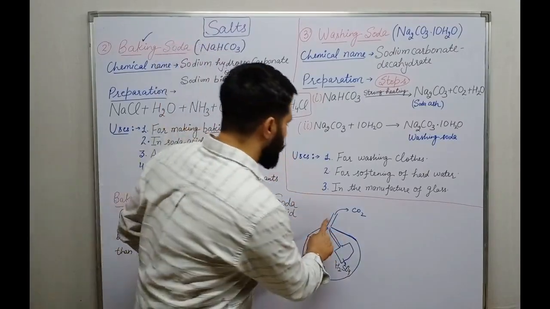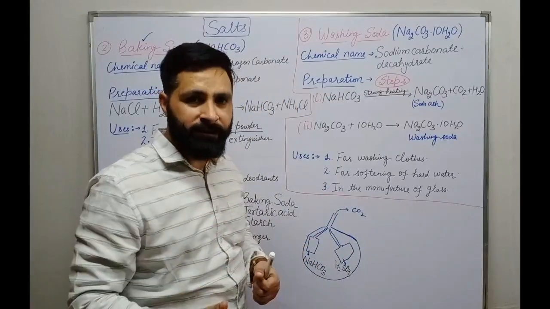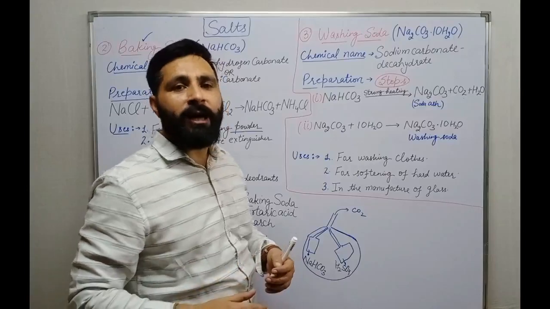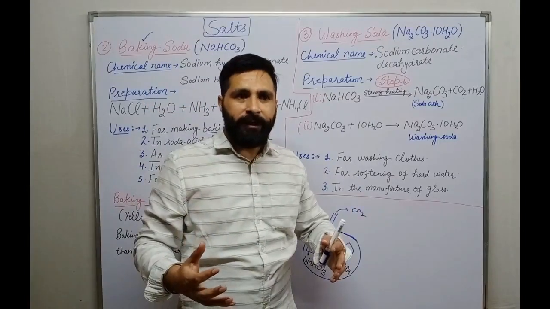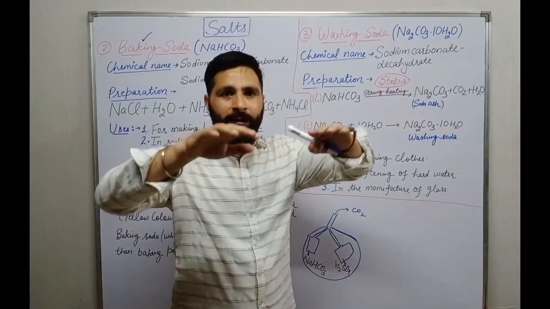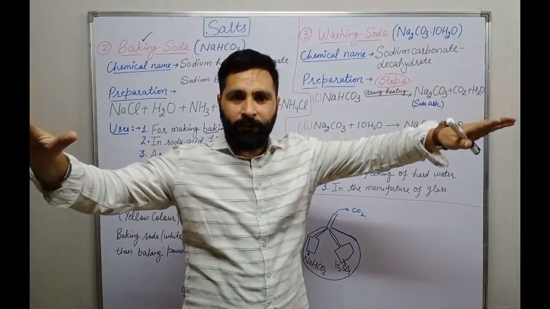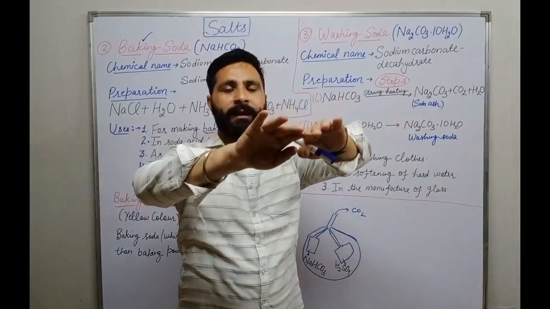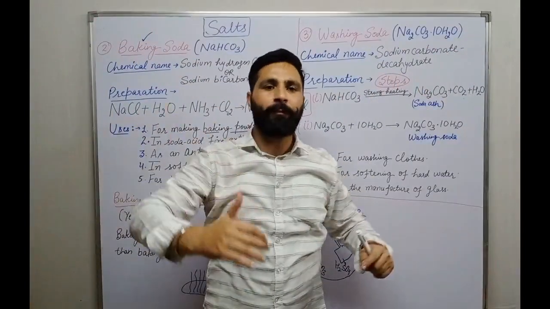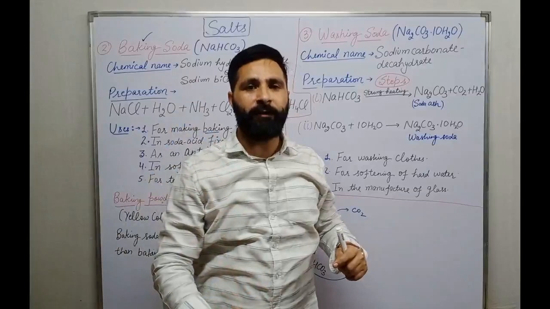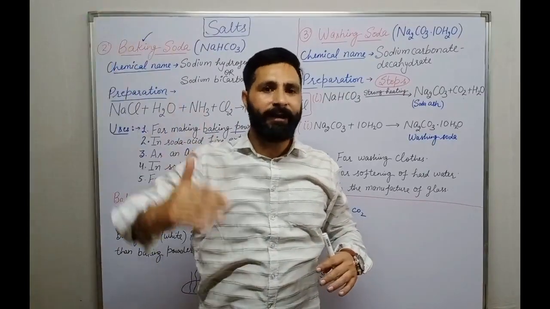When they react and come out from the exit hole, carbon dioxide gas is released, and this carbon dioxide gas is a heavy gas. It makes an umbrella over the fire. Due to heaviness, it settles down slowly, and when carbon dioxide gas makes an umbrella around the fire, it cuts off the supply of oxygen to the fire, which is the need of fire. Hence the fire dies slowly.